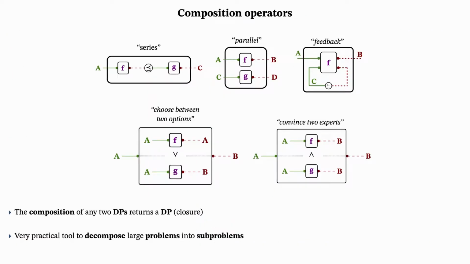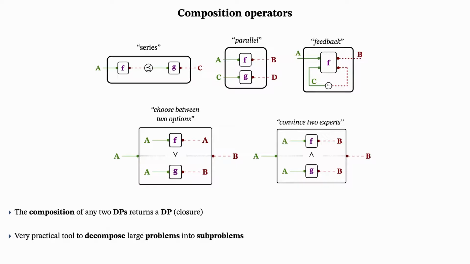The cool thing about feasibility relations is that we can compose them together in many ways. When composing design problems in series, the semantics is that the resources required by a first design problem are provided by a second design problem. Furthermore, we can have design problems in parallel, and we can model feedback when resources are fed back to become functionalities again. Finally, we can choose between two options, or ask two design problems to hold at the same time.